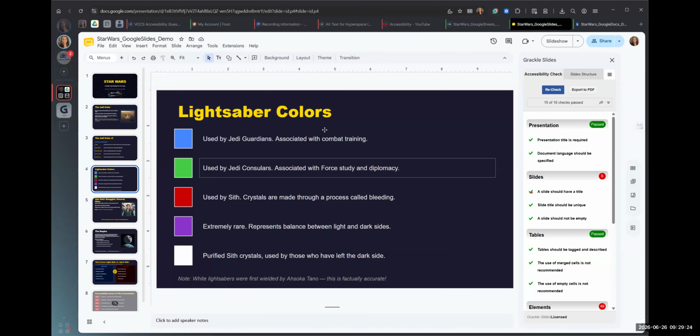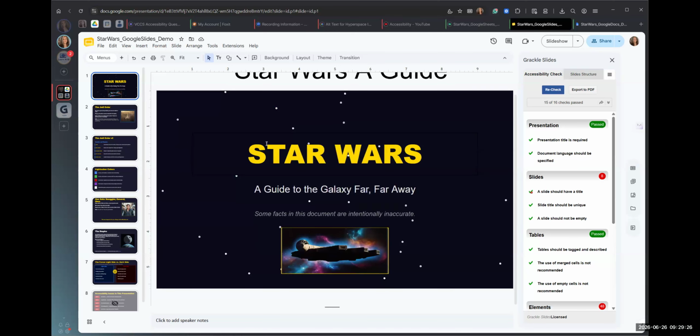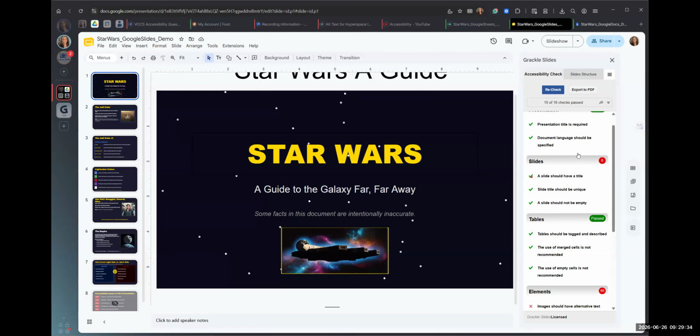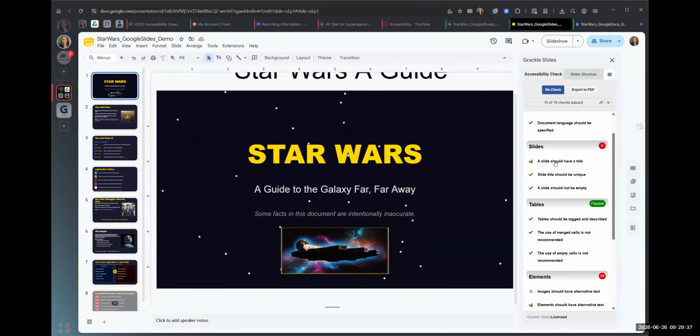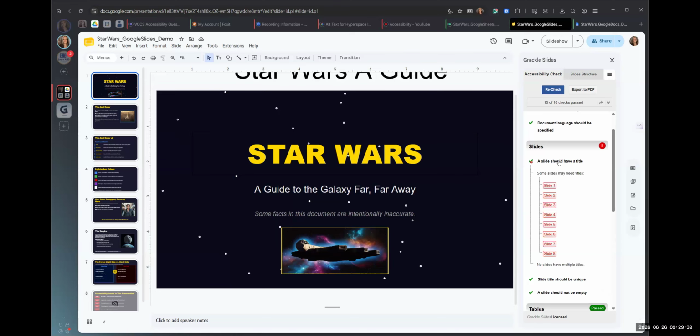Perfect. All right. So now let's go back to the first slide. Let's take a look, and we see that the presentation title is required, that document language is specified. And here we have the problems. A slide should have a title, and none of these slides have a title. So how are we going to fix this? Well, that's very problematic because there is no way to fix this in this current